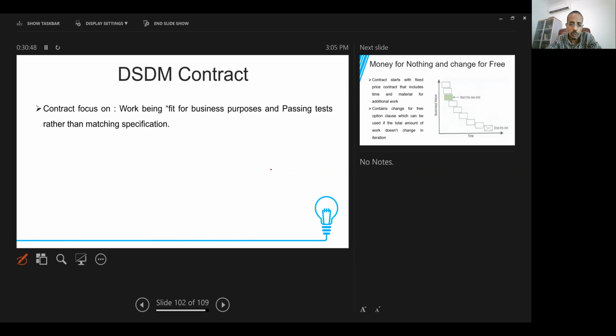One of the types of contract used with Agile is called the DSDM contract, and this contract suggests that the work is judged on being fit for business purposes and passing tests rather than on matching specifications. So the contract will be built around fitting the business purposes. We are not going to define the scope or the specification in detail, but instead,